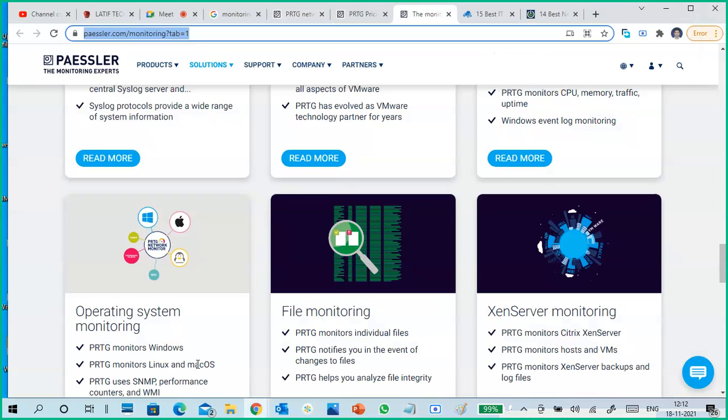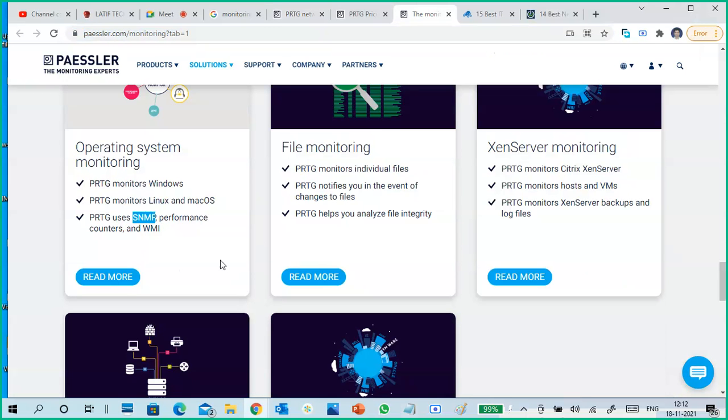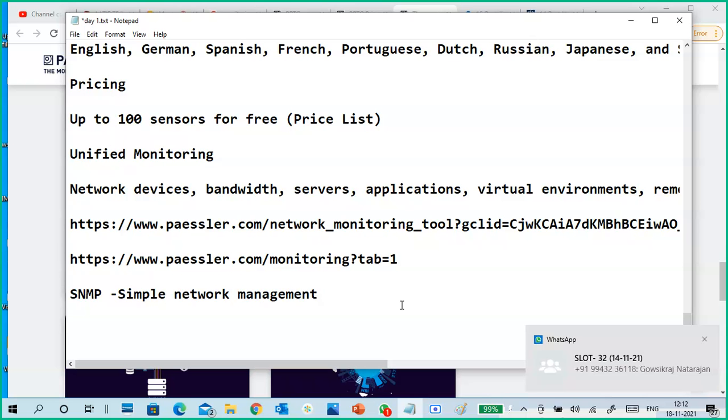Okay, different types of monitoring, what that monitoring will do. What is SNMP? Anybody having an idea of SNMP? Very good. Simple Network Management Protocol. When you study networking, like what the protocols and port numbers are, you'll get this.